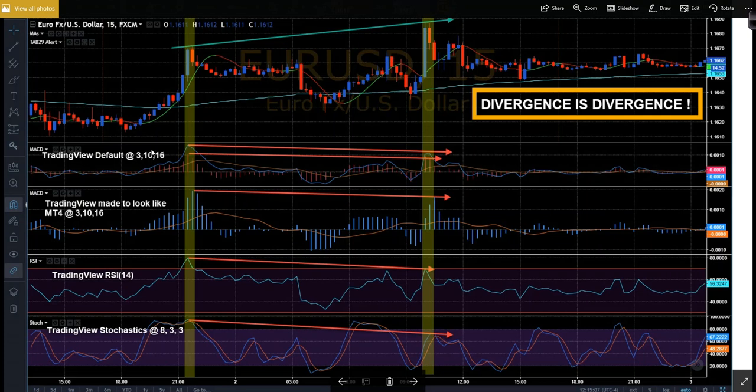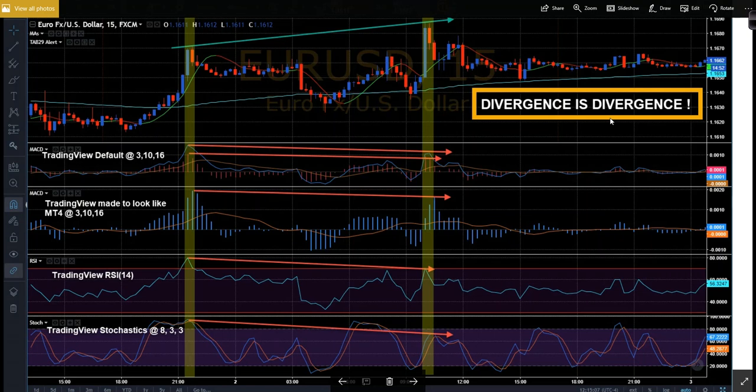It doesn't matter what indicator you're using. And even in terms of TradingView, it doesn't matter whether you're following the histogram or the moving averages, compared to MT4 where you've got these big bloated histograms. JED uses RSI. Obviously it works. A lot of professional traders use stochastics and an 833. Divergence is divergence. So a lot of you are just getting all discombobulated over nothing.